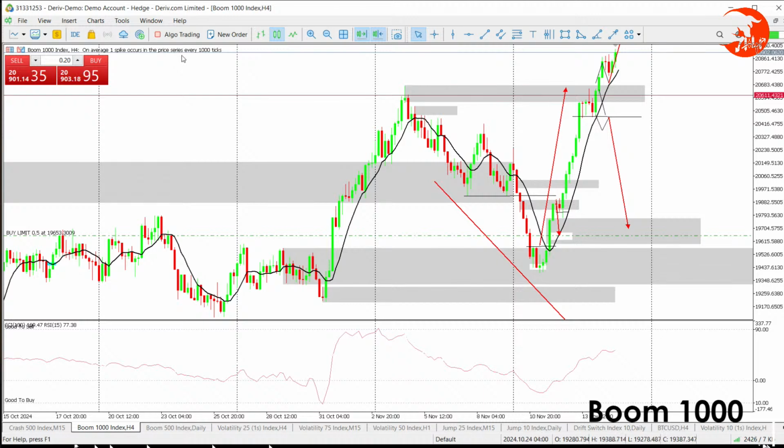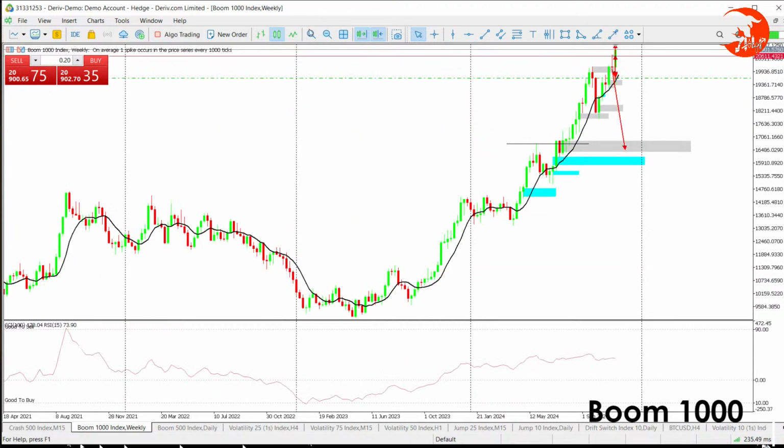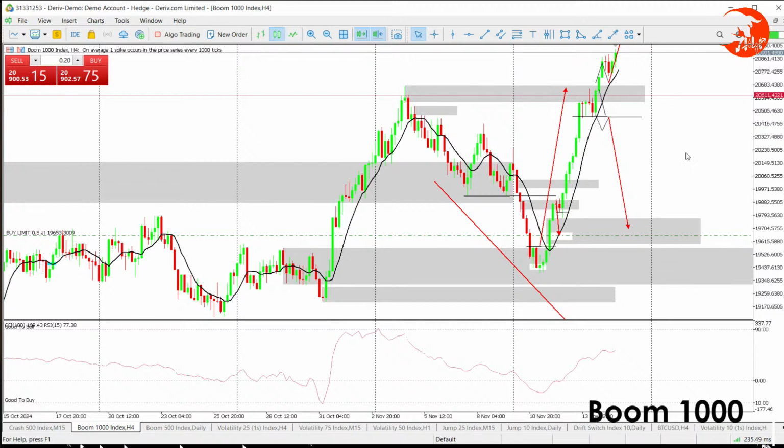We don't have any previous data that we can actually aim at when we are buying, because we are making new highs of all time on this very asset. There's no other high above this very high that we have currently. So that's the reason why it is very tricky for us to anticipate buys and actually make our risk-free entries